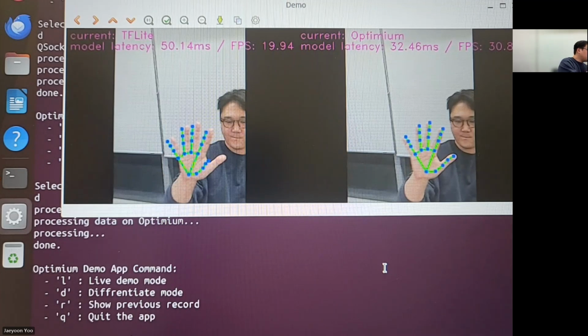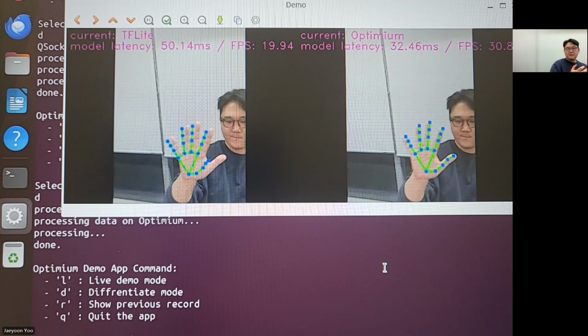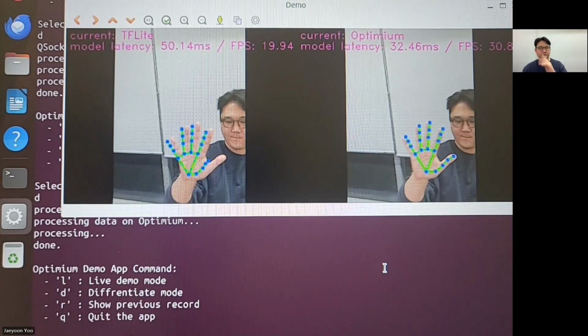And as you can see in this output, the XNNPACK backend drops more frames compared to Optimium optimized output, which might be critical for mission critical applications such as autonomous driving or driver monitoring system and so on. So the inference backend that you use might be critical for your AI-powered application or devices. So that was a very short demo.